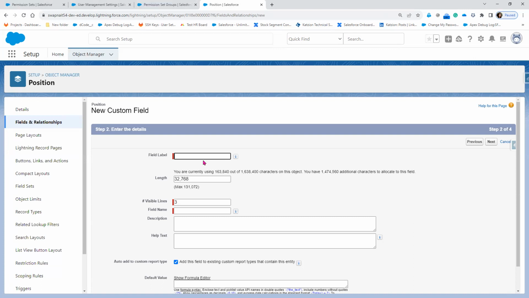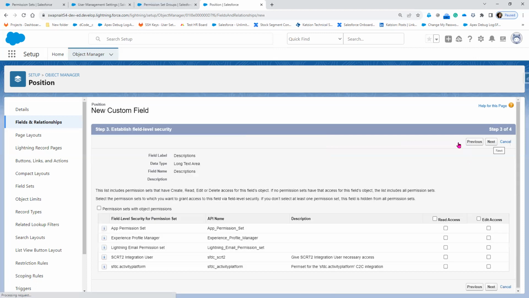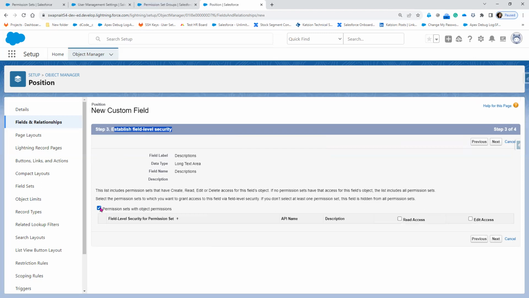And here, description. And click on the next button. Now, establish the field level security. Step 3, what will happen? Permission set. If you enable this,